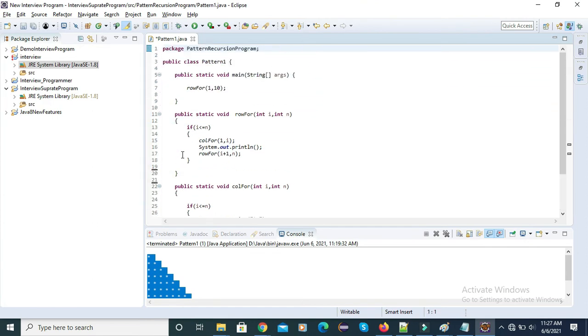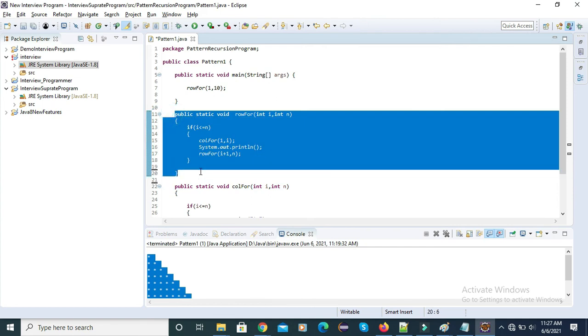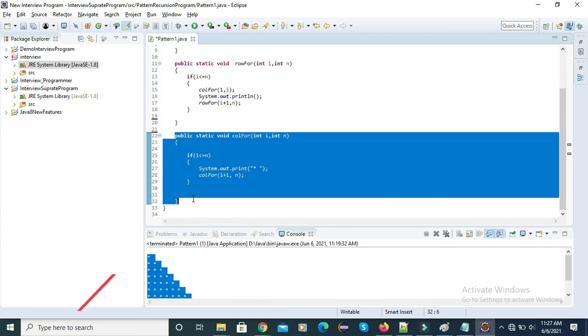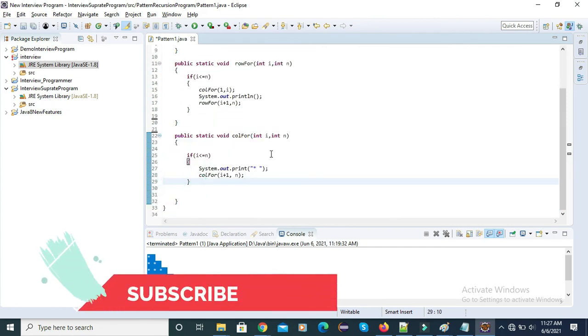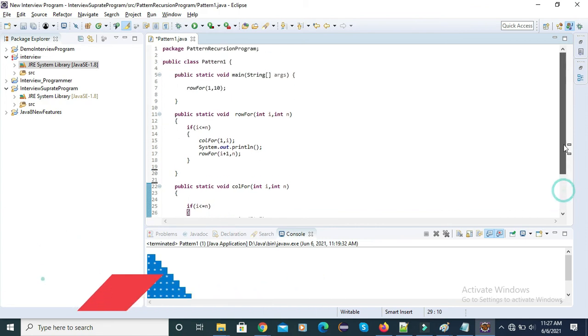What we have done here is define the main method and two other methods. We consider the first method to be the outer for loop and the second method to be the inner for loop. And you can see we didn't use any single for loop, or any loop at all.